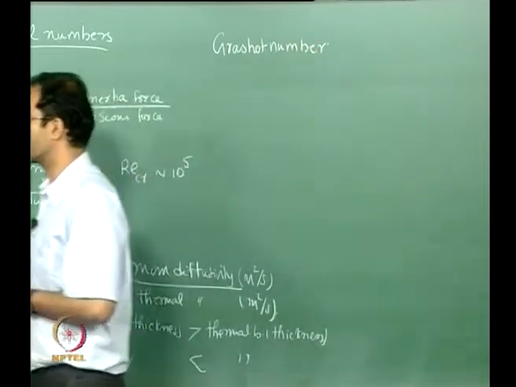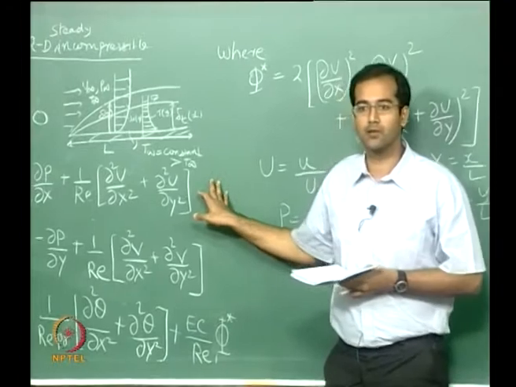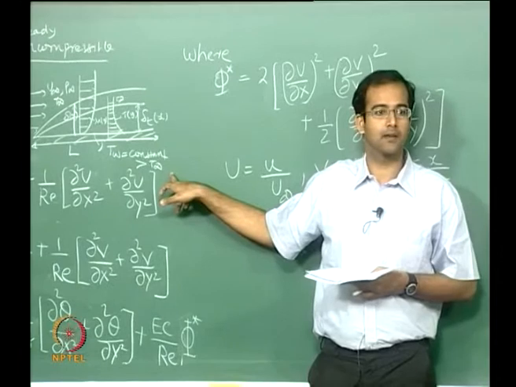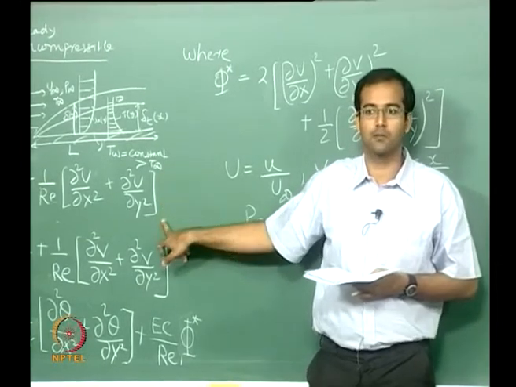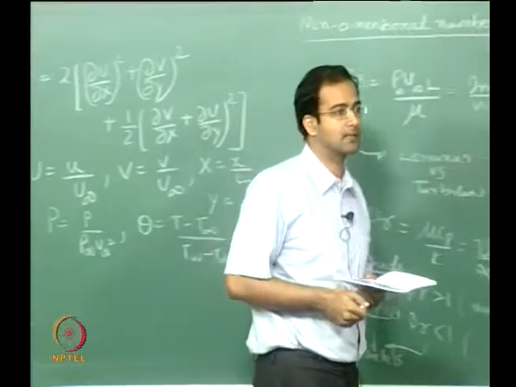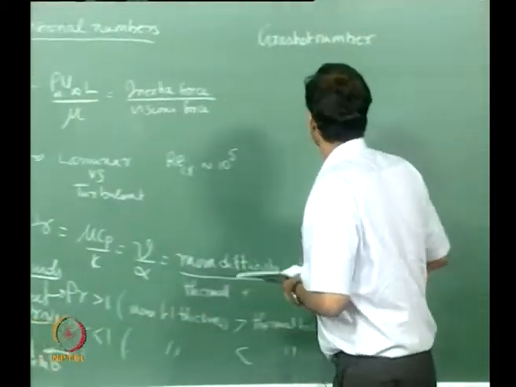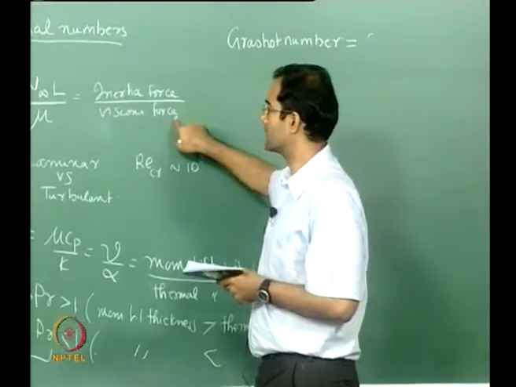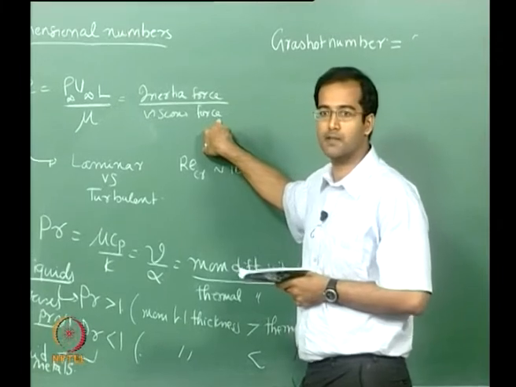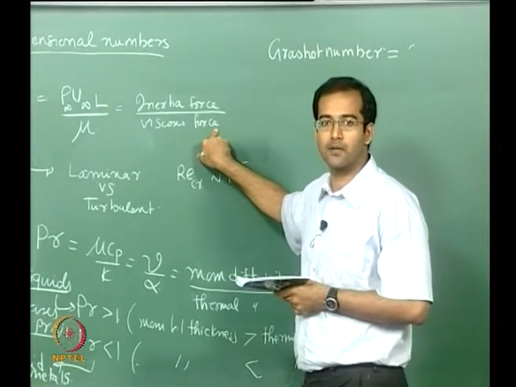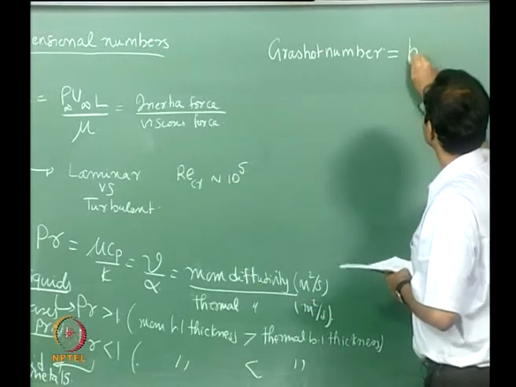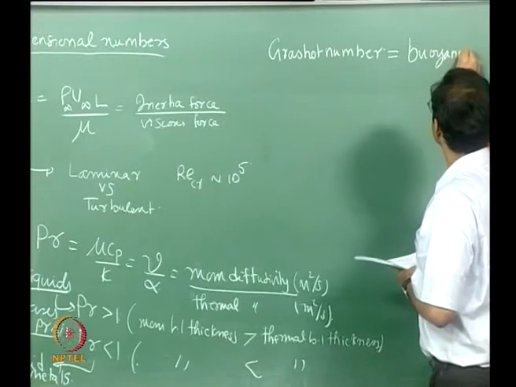Strictly speaking I have not included it here, but if you include the external buoyancy and non-dimensionalize it, you get a number which is nothing but Gr by Re square, the ratio of Grashof number to Reynolds number square. That is also called the Richardson number. Now since you are defining your Reynolds number as inertia force to viscous force, when you have buoyancy driven flows you do not have inertia dominance but buoyancy dominance, therefore this should be buoyancy force by viscous force.